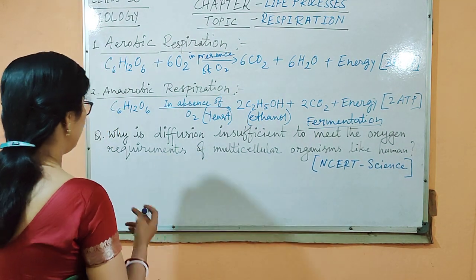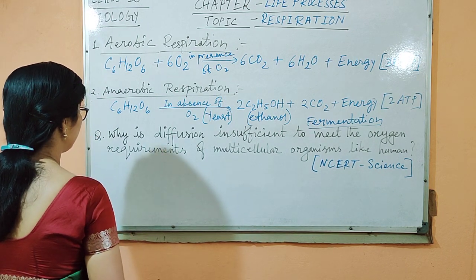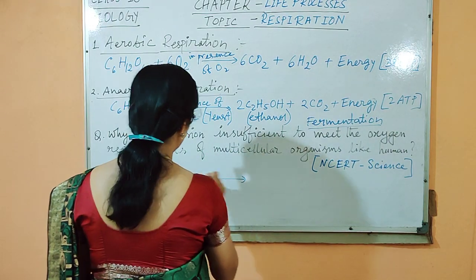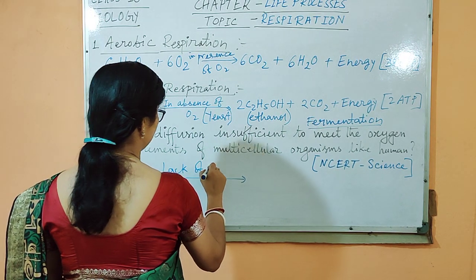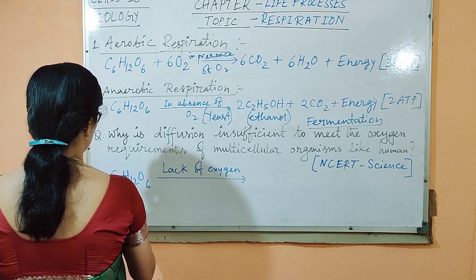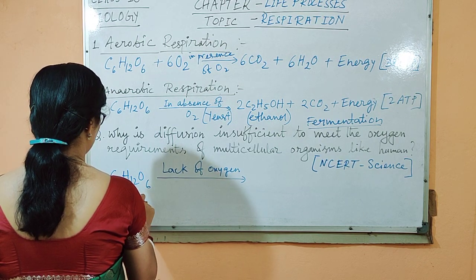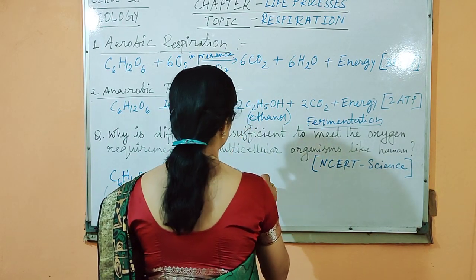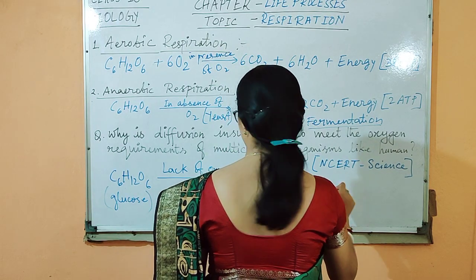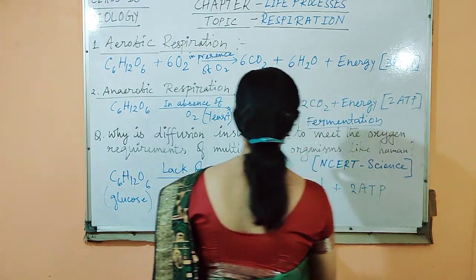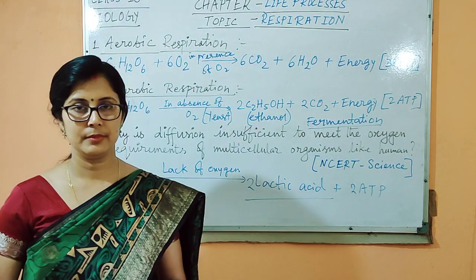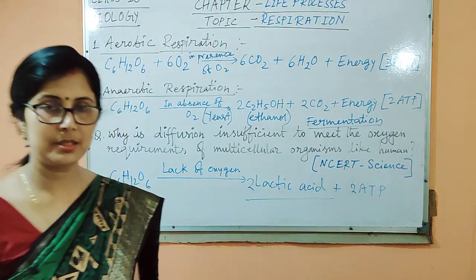So, like in case of human body, in muscle cells, glucose under lack of oxygen undergoes anaerobic respiration and produces 2 molecules of lactic acid and 2 molecules of ATP, which causes muscle cramp. Okay. So now let us try to answer this question,